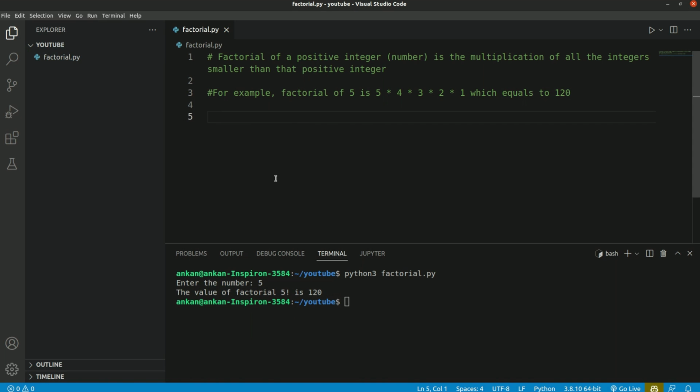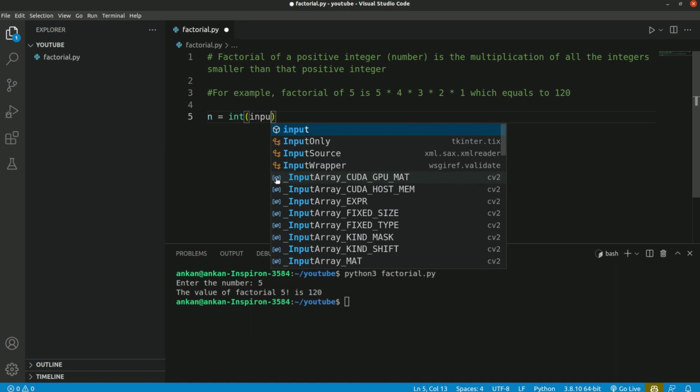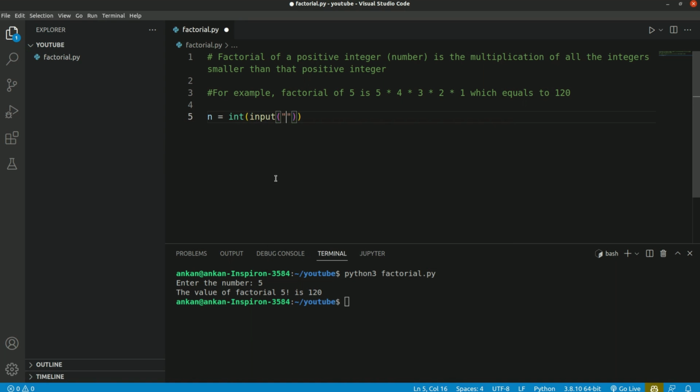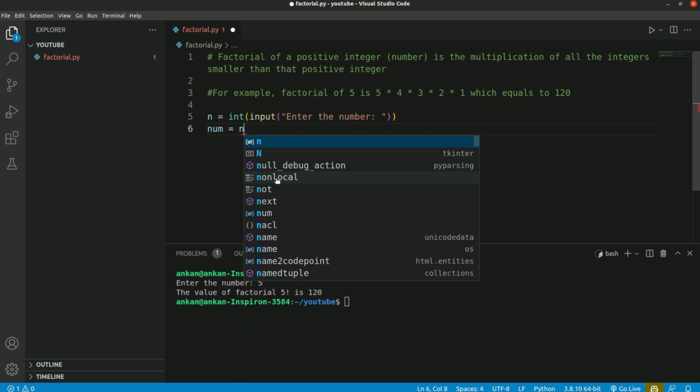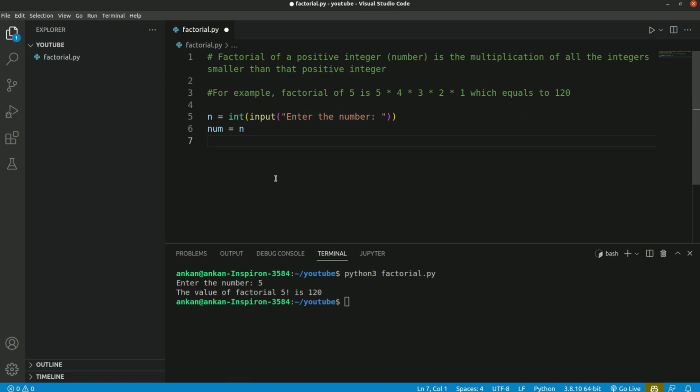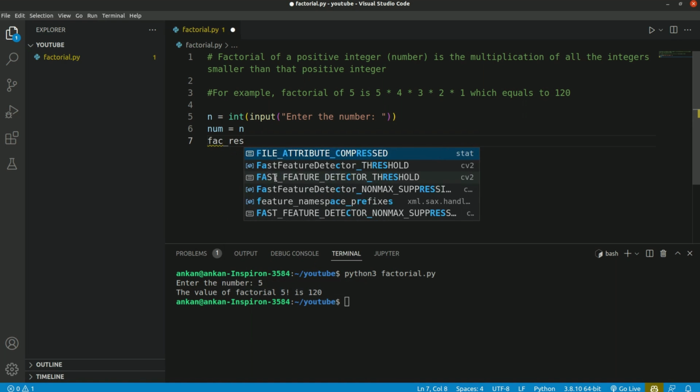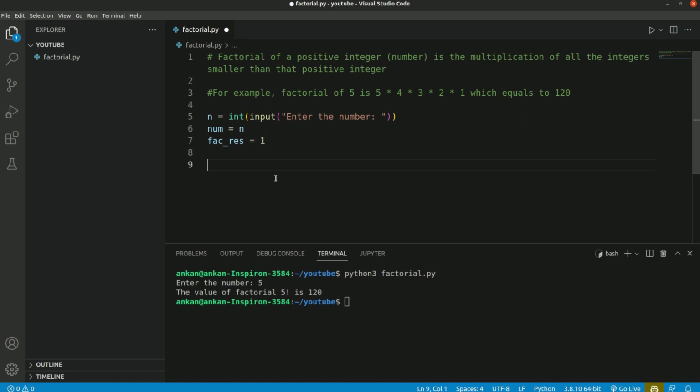So first let's take a number n equals int input. We will take the input from the user and we will say enter the number. Okay, after that let's store the number n that we have taken as input from the user in a variable num. Okay, after that I will say that fact result is equal to 1. Let it be initialized with 1, and after that we will run a while loop